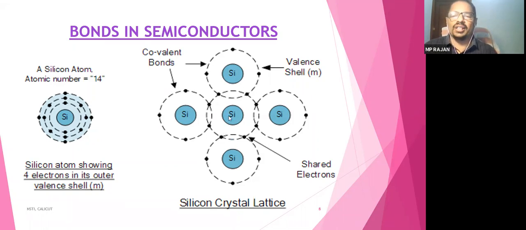You can see each atom is joining or sharing with the adjacent surrounding atoms. The electrons are being shared. Here you have seen 4 electrons are on the outside. Every atom will try to be in a balanced, stabilized state by having 8 electrons. If there are 8 electrons outside, you can say the atom is in a stable condition. So it is always trying to get 8 electrons in the outer band.